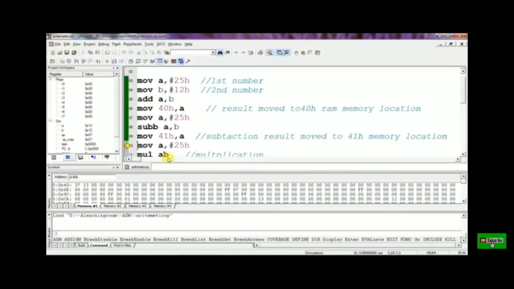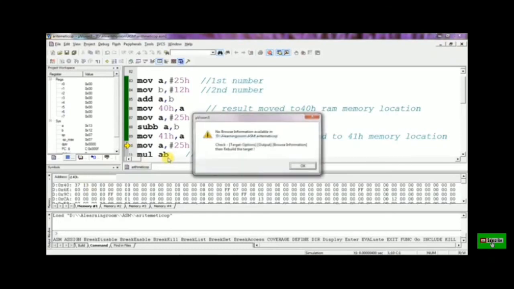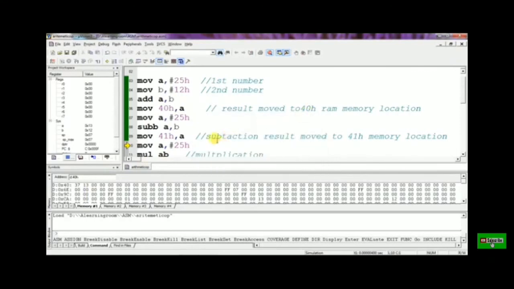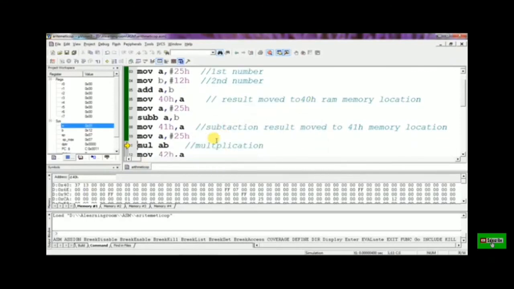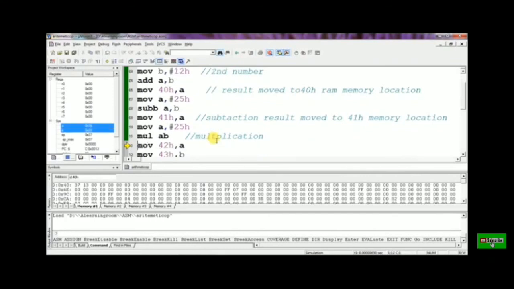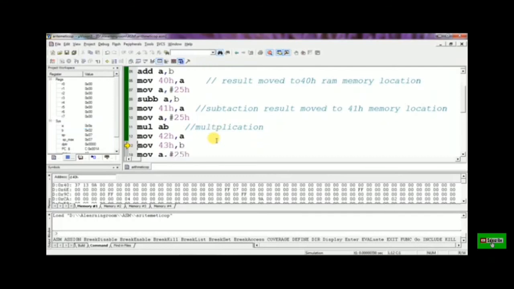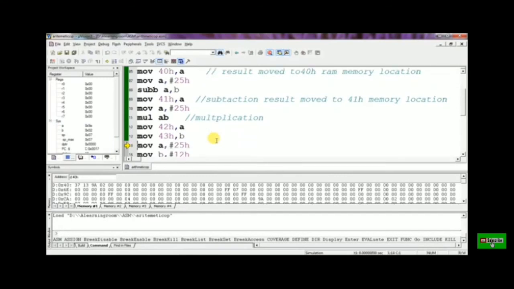Then move 25H again into the accumulator, then we perform the multiplication and the multiplication result is stored in the 42H and 43H memory locations, which are 9A and 02.